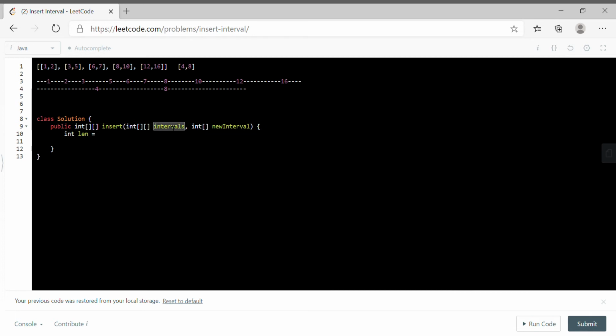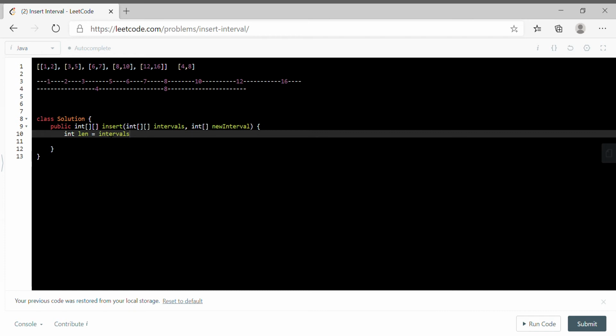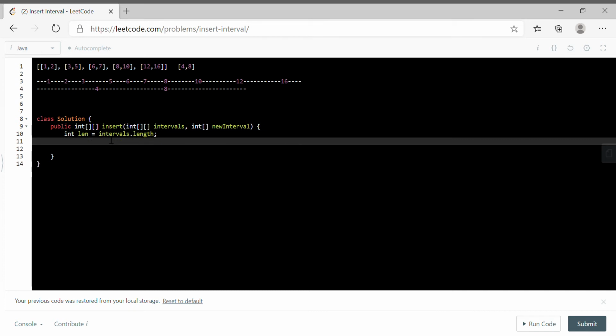So I will take its length first. And we need to take start is equal to newInterval of 0, end is equal to newInterval of 1, right?